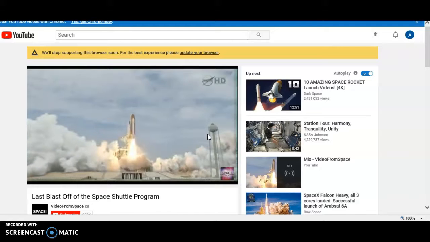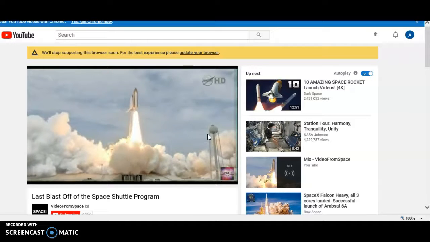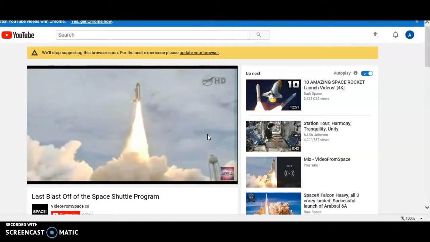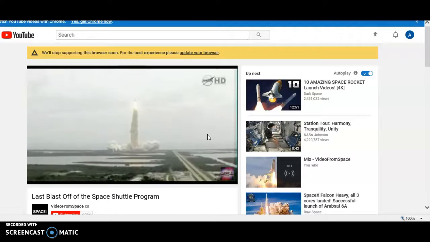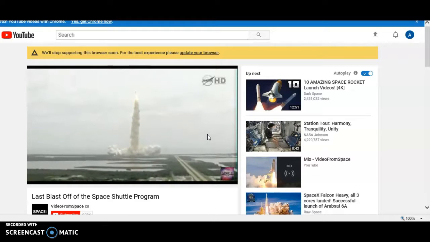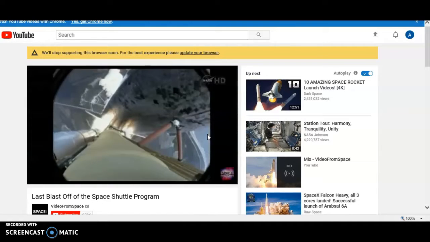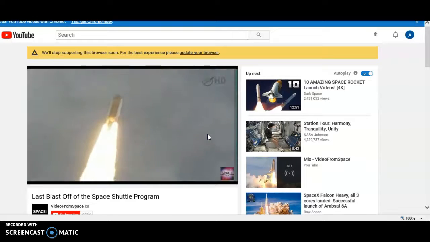There it goes. Lift off of Atlantis. America will continue the dream. Roger roll, Atlantis. Houston now controlling the flight of Atlantis. 24 seconds into the flight.